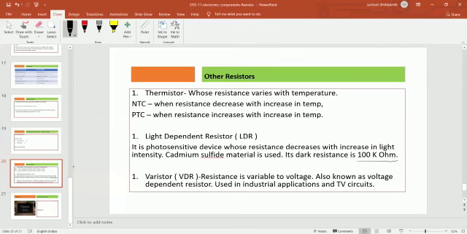So this is all about the passive component resistor. Friends, for the first unit test, we are covering the syllabus from the first chapter, electronic components, only two passive components, resistors and capacitors. This session has covered the resistor. I am putting another session, another video, for capacitor. Only resistor and capacitors will be the portion for the unit test. Thank you.